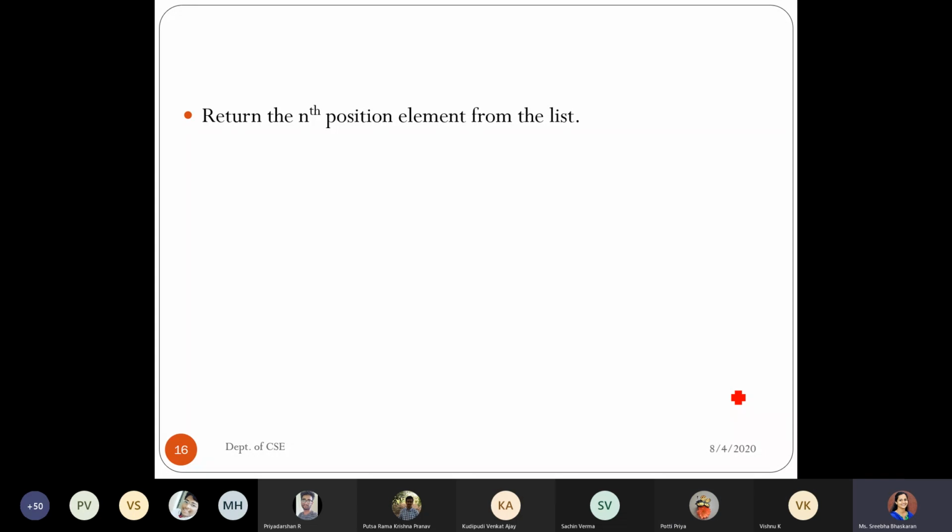Along with this, the point is whether you want the list elements starting with the index value 0 or starting with the index value 1. You can decide it here. If you consider the index value starting from 0 onwards, then the condition you are going to compare should vary. If you assume the index value starts from 1 onwards, then there will be a variation. That is the only thing you have to take note of.